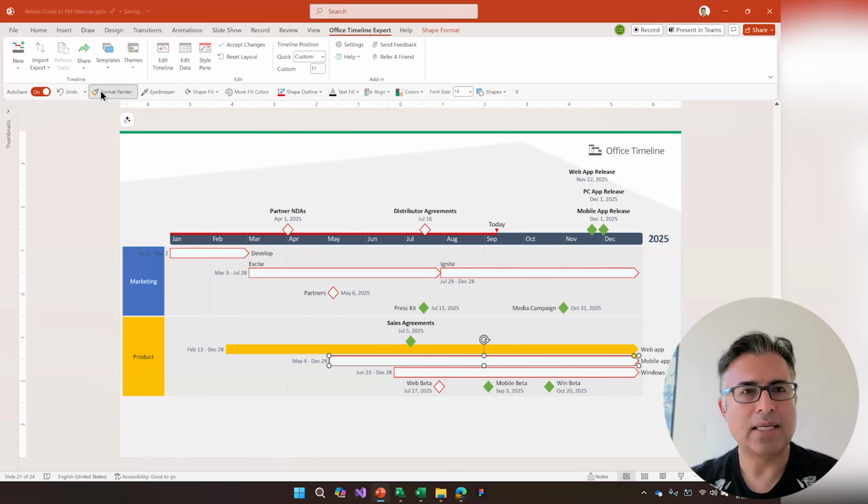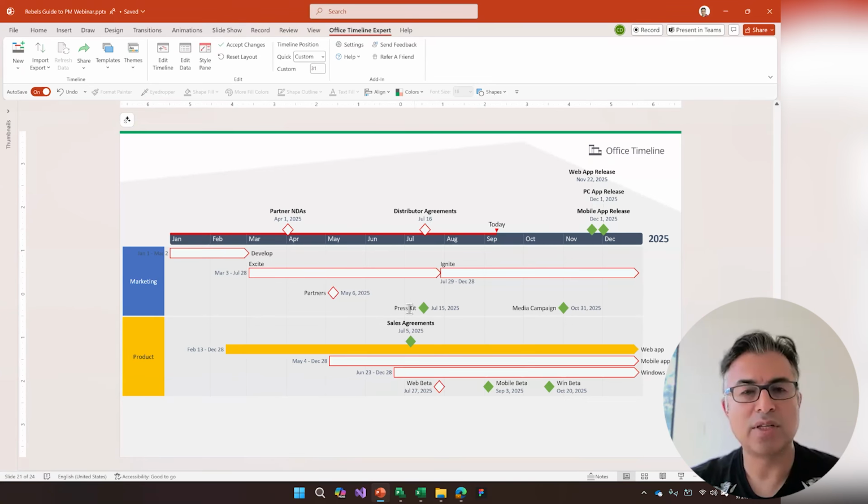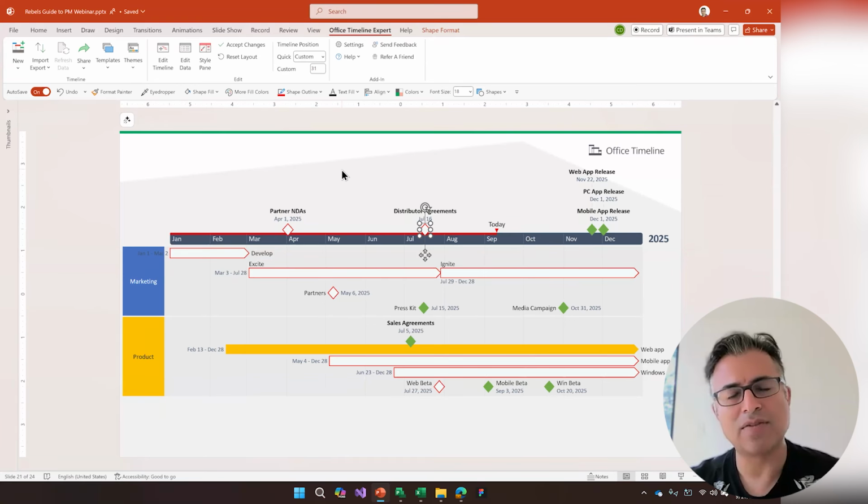So that is a tip on formatting. You can change shapes, colors, outlines, date formats. You can show dates, hide dates. You can use the PowerPoint color picker. You don't have to use the Office Timeline color picker. And then a couple of tips that are in this bucket of starting from scratch and styling are that you